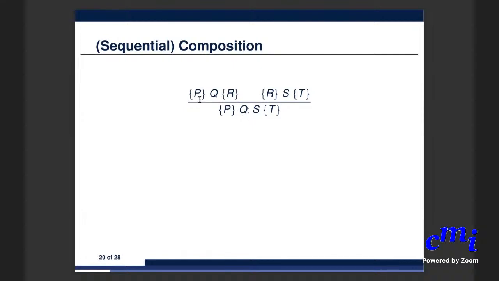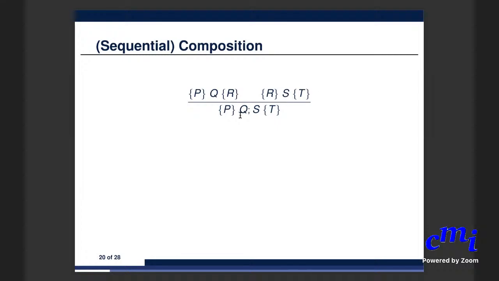If I start with the precondition P and after executing Q, I end up in a post state described by R. And then if I start with any state that satisfies R, and when I execute S and terminate, I satisfy the T condition, then the result of executing the sequential composition of these two things